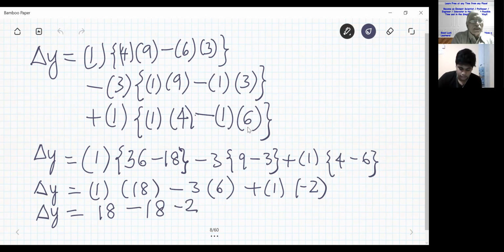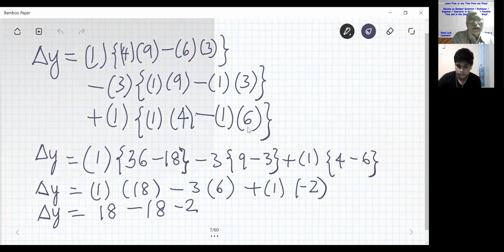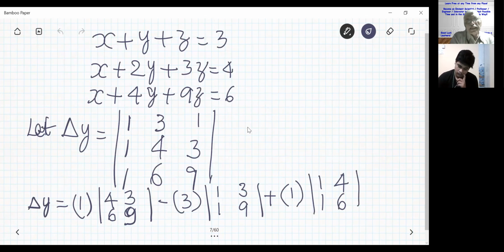It's minus 2, sir. Answer. No. You have made what you sold, I wrote it, but it is wrong. You see, third one, how do you multiply? See, first you have to multiply the numbers on the principal diagonal. That is 1 into 6 minus 1 into 4 you have to write.